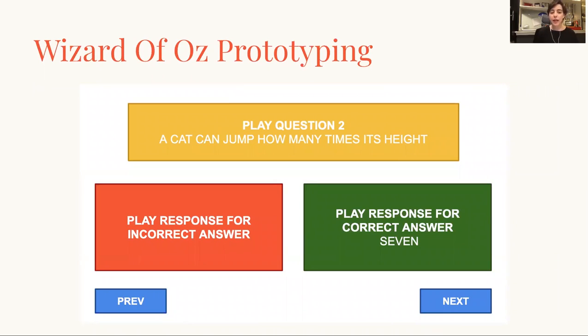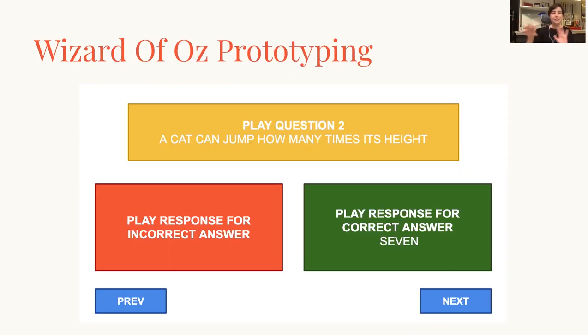And prototype is a pretty techy word because all kinds of things can be prototypes. It doesn't need to be complicated, and it doesn't need to involve code to achieve what you need it to. This is essentially a soundboard that plays a different audio clip depending on which button you push. When you're moderating the tests, you'd have this pulled up on a laptop. When the user does the test, which would have been in person at the time, you would push the buttons at the appropriate times, depending on what the user says, and the audio would play on a smart speaker that had been connected to your laptop via Bluetooth.